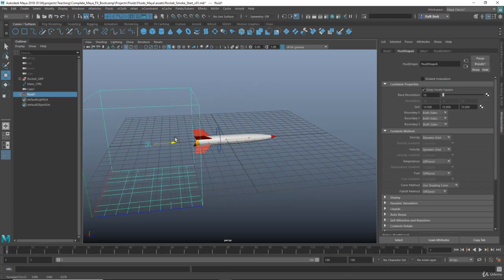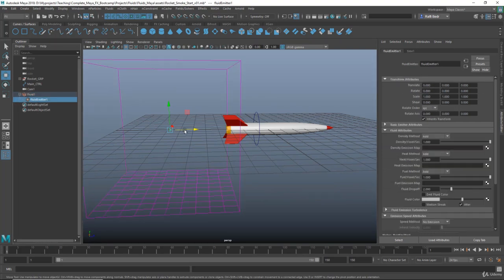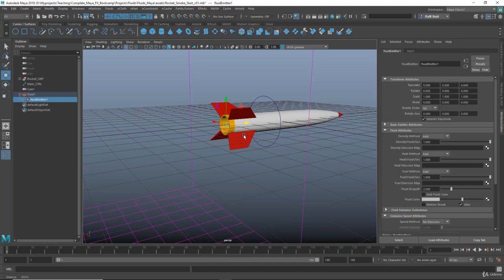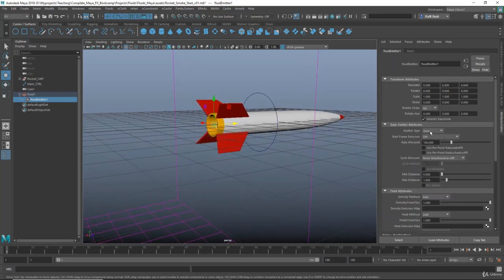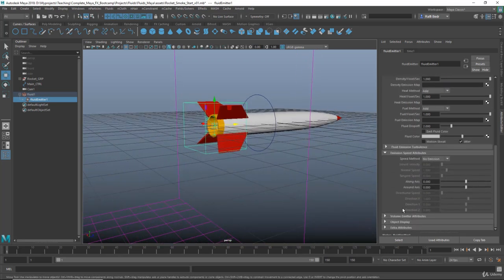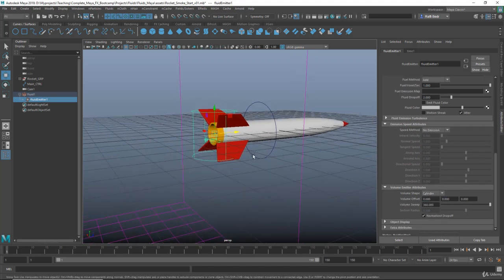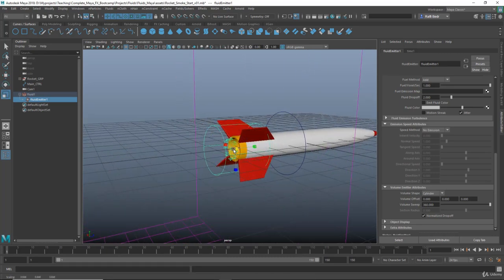And let's move the container somewhere here. And I want to select the emitter and move it inside the rocket, okay? And another thing I want to do in the fluid emitter, I want to change the emitter type to volume, okay? And let's scroll down and change the volume type to cylinder, okay? And let's rotate the cylinder something like that, and let's scale it a little bit,